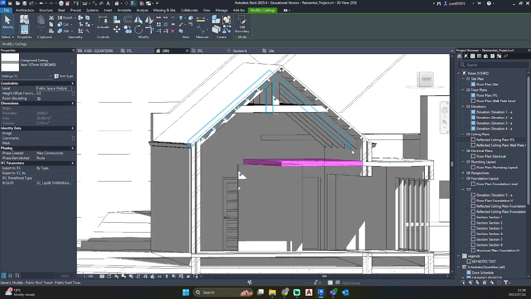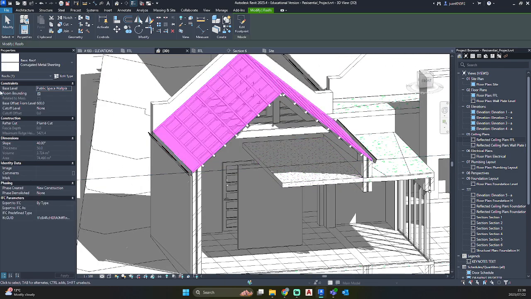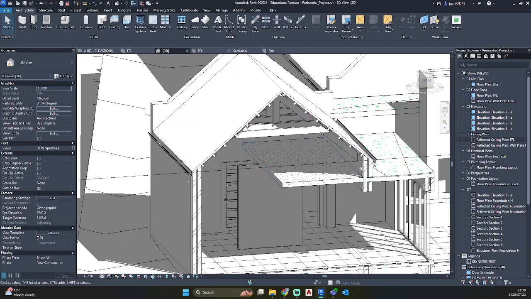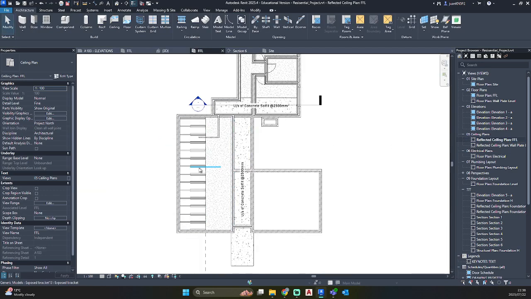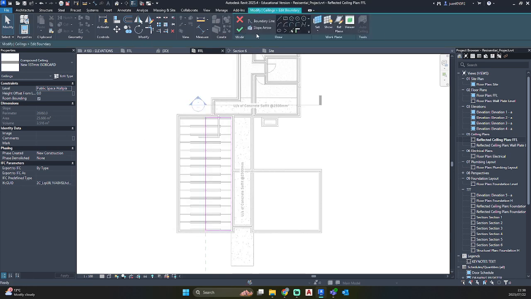And we would like to get it underneath our purlins, aligned with our trusses. So we know from our roof that this has got a 40-degree slope. So let's go to our ceiling plan, select the ceiling that we've just created, go edit boundary, and now you'll see under draw, you'll see slope arrow.